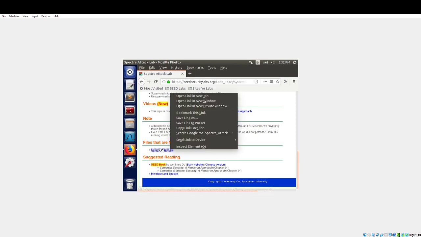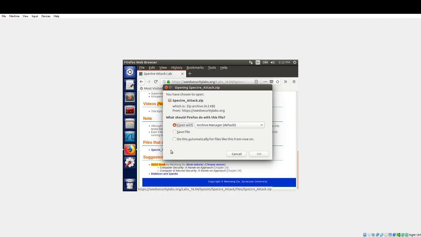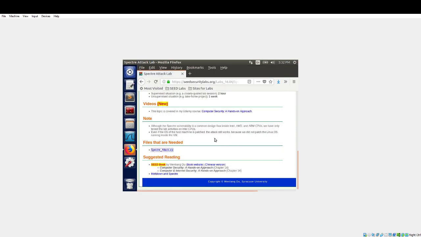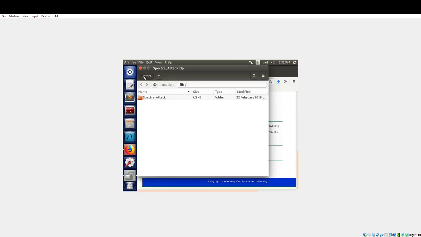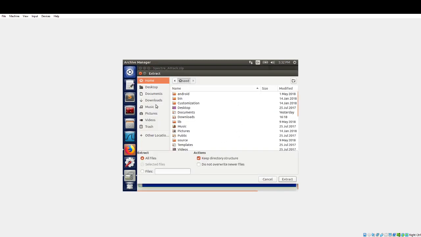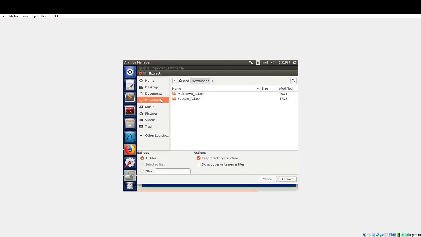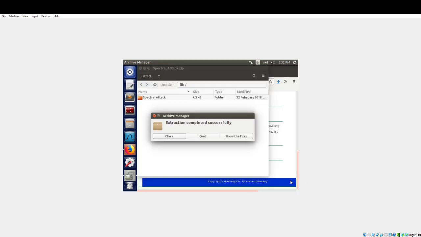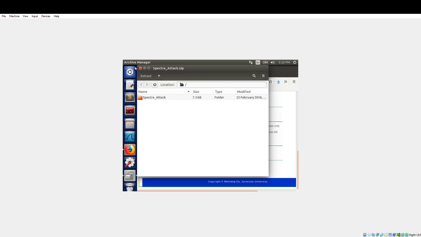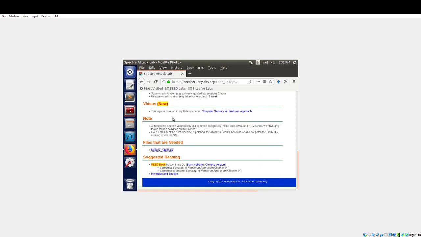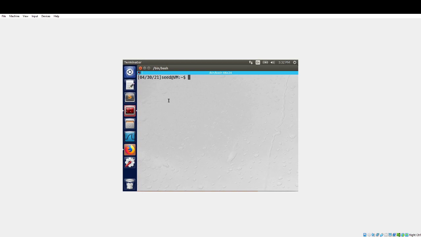If you want to go ahead and click on that, just open it, and it'll ask you where you want to extract it to. I've done this in documents already, so all my updated codes are in there. For now, I'm just going to save it to desktop and start fresh. So we've extracted it. Now we can go ahead and open up our terminal and start trying to exploit.